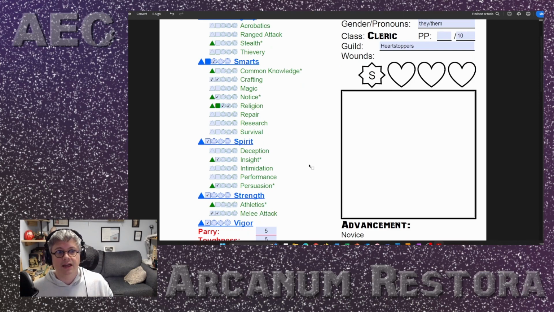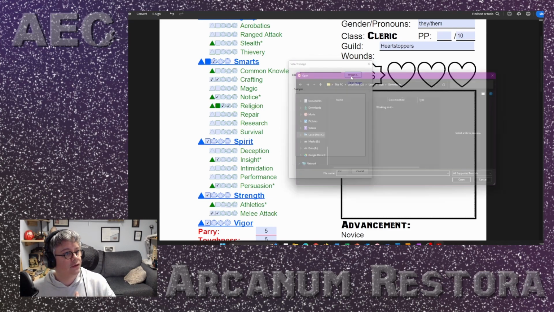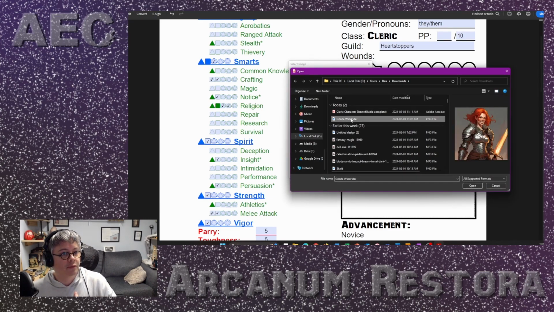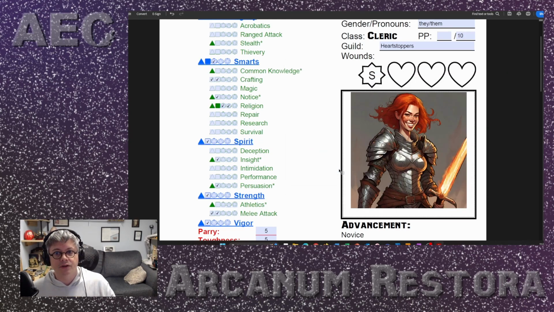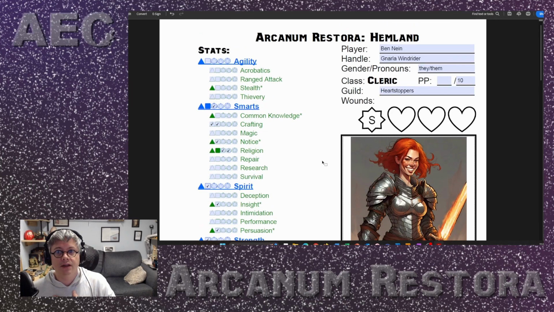The only thing that's left is this big empty box where I can put a character portrait. You might use an AI art generator or anything else to produce your file. When you click, it's going to open a place to browse. I can browse, pick my picture. I've already generated this one in Canva. I'm going to insert it and click OK. And there you go. I've got character art. And now all I have to do is click save, and it's done.